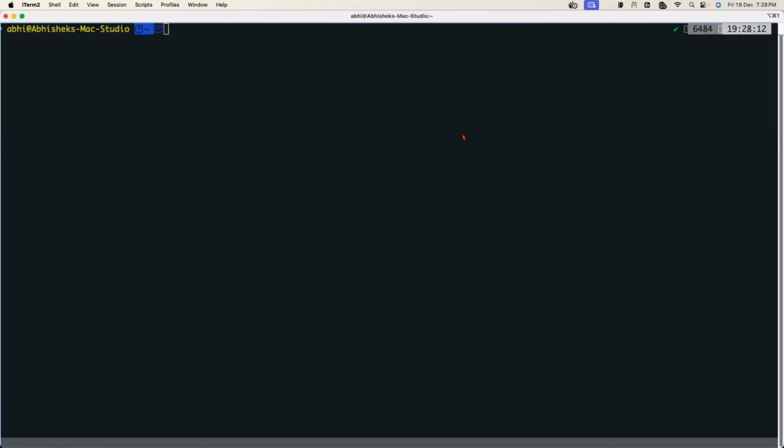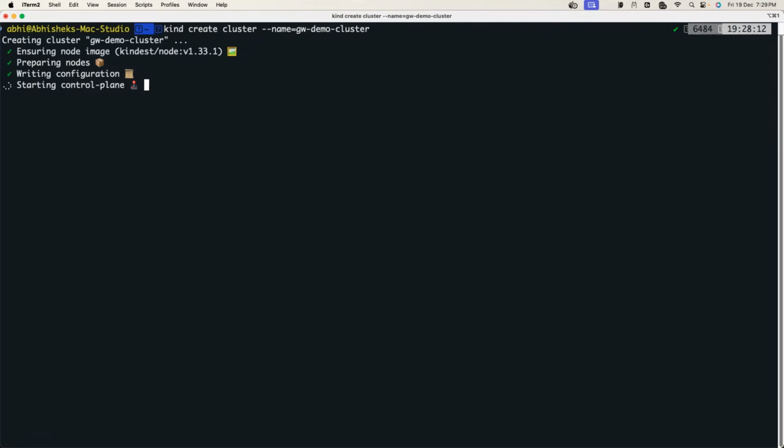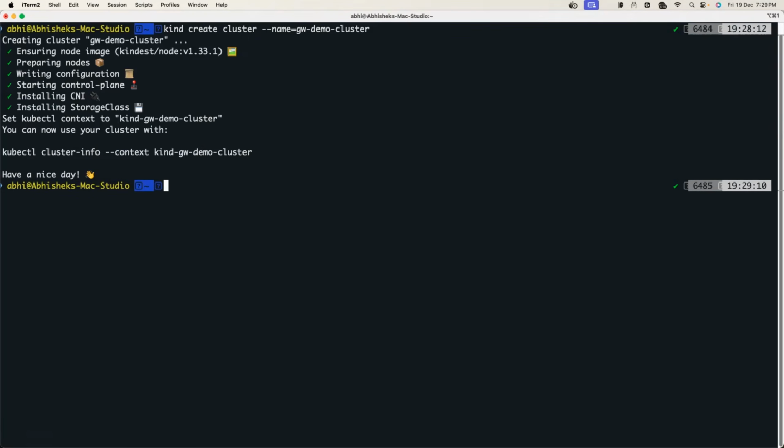The cluster administrator creates a Kubernetes cluster. In my case, I'll use kind create cluster --name, and I'll provide the name of the cluster. Let me call it gw-demo-cluster. If you want, you can go with Minikube or MicroK8s or any other local distribution. Perfect. Now that the cluster is created, let's go with the first step, that is to install Gateway API CRDs